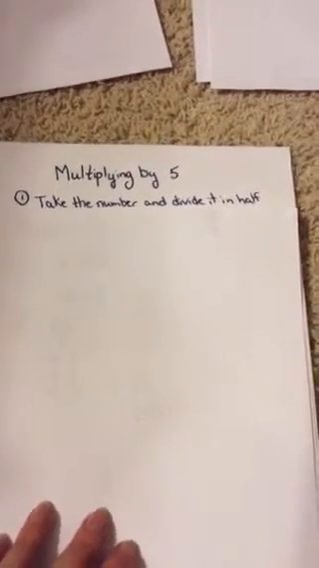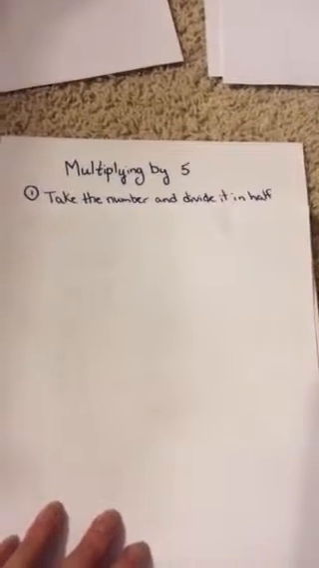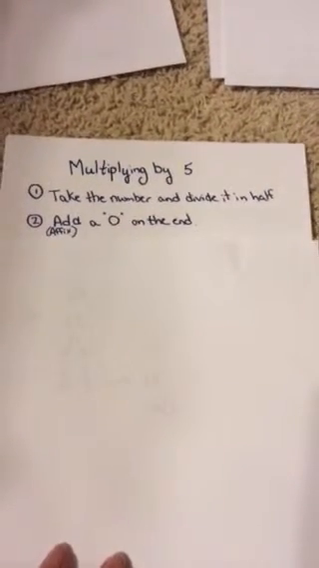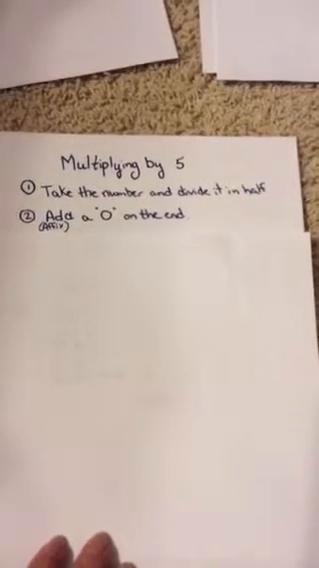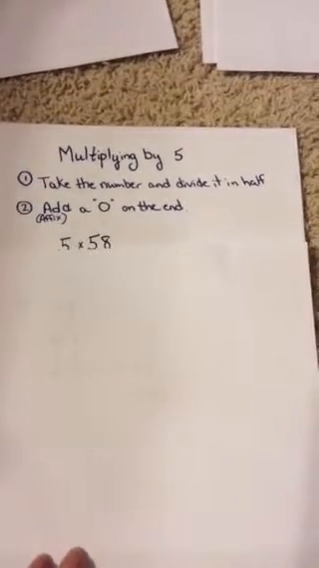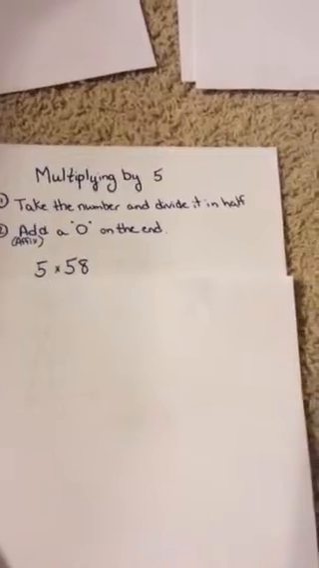Okay, the first thing I'm going to show you is one way to rapidly multiply a number by 5. First we're going to take the number and divide it in half. In other words, we're going to divide it by 2. We're then going to affix a 0 onto the end of that number. So our example is 5 times 58,